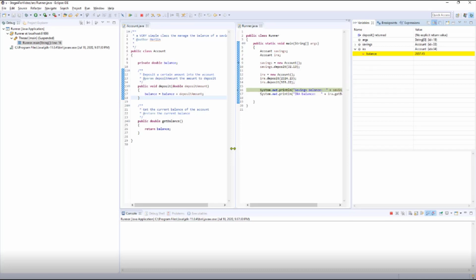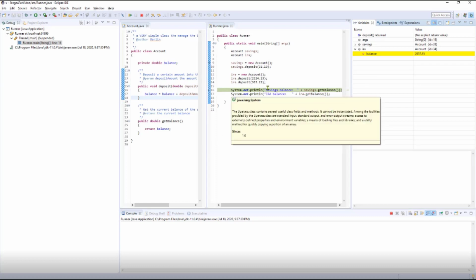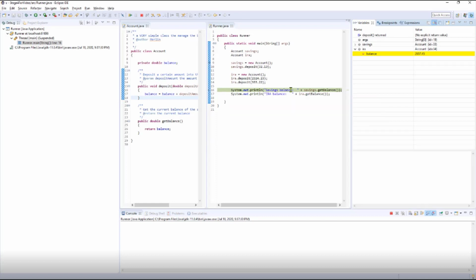So now I'm going to print out savings account balance colon, and then this plus is going to be concatenate because this is not a number. It's going to call the get balance method on the savings object. So that's the object with ID 33. If I step into that,